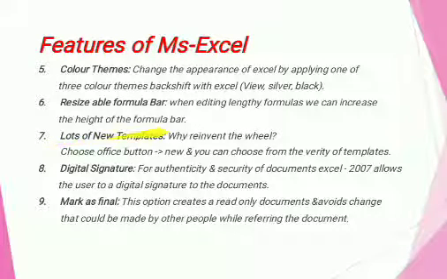Lots of new templates. The next feature is the lots of new templates. The templates are files that help you to design interesting and professional looking documents. What is meant by a template? A template is a file that helps you to design interesting and professional looking documents.